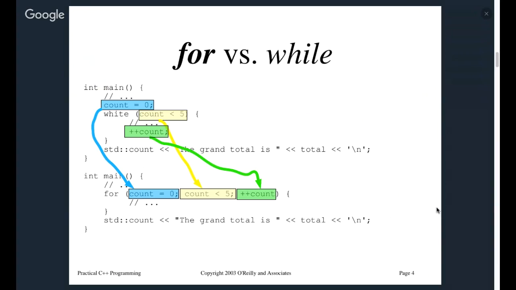So in this one here, we have a for versus while. In main, you've got a counter at 0. While count is less than 5, it's going to increment it by 1 each loop, and it's going to print out the grand total. You'll also notice in main, another for loop example, a different way to do it, but it has the same outcome. For count equals 0, count less than 5, it's going to increment each time it loops.